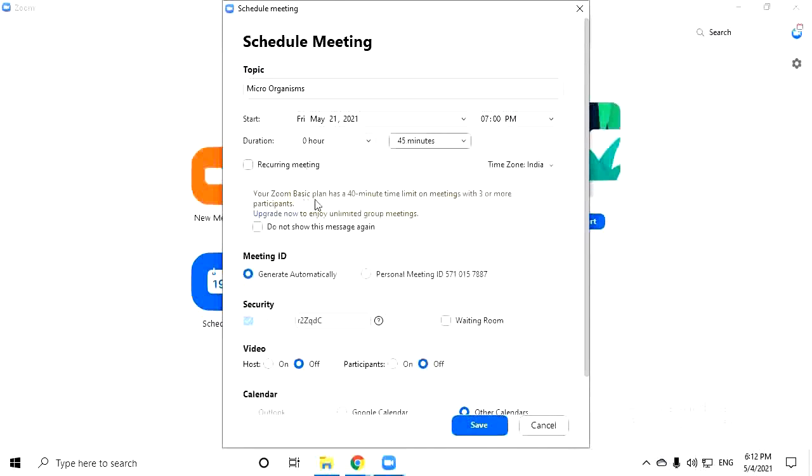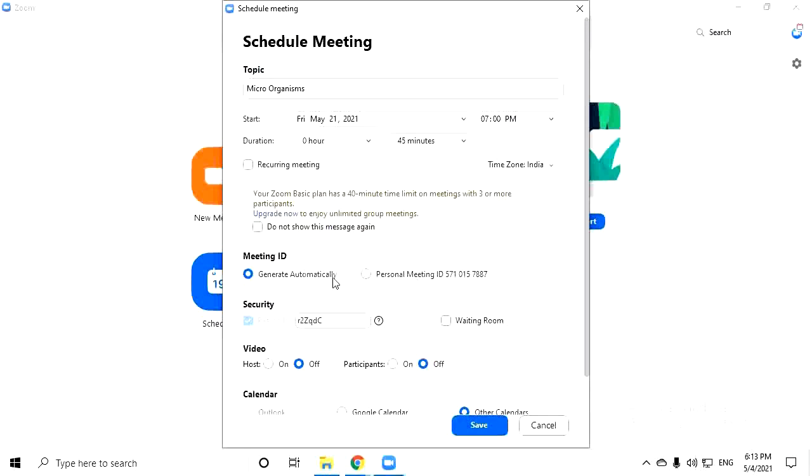There are two Zoom options also, the free plan and the pro plan. In the free plan, there is no big difference, just that there is a 40-minute time limit, which means that your meeting will automatically be ended after 40 minutes. So if you don't want your meetings to end after 40 minutes, you can buy the premium membership.